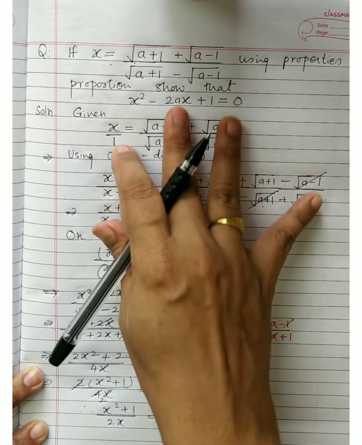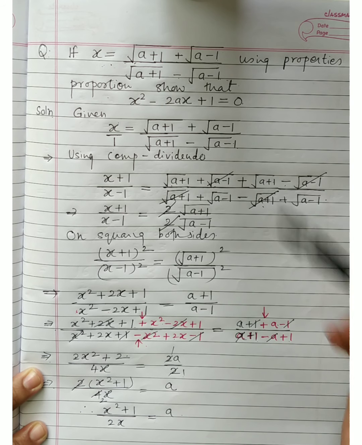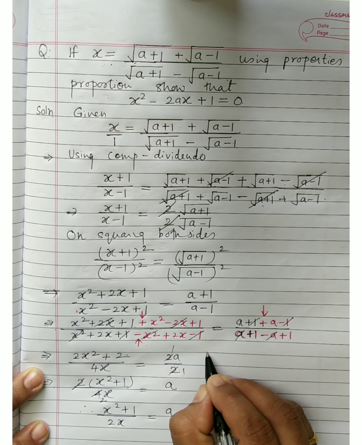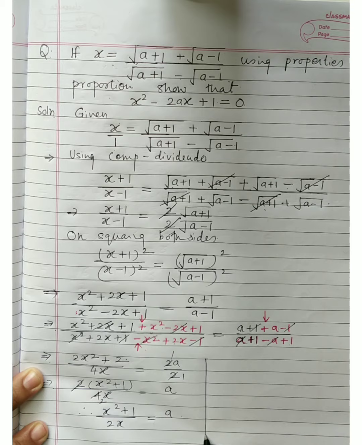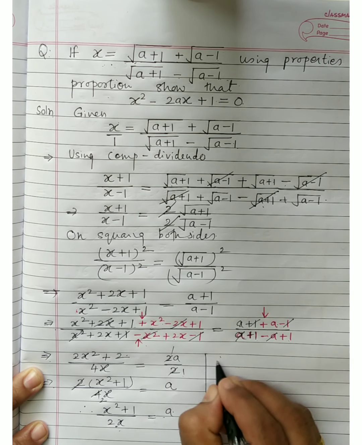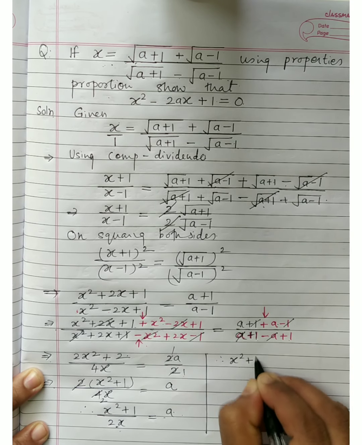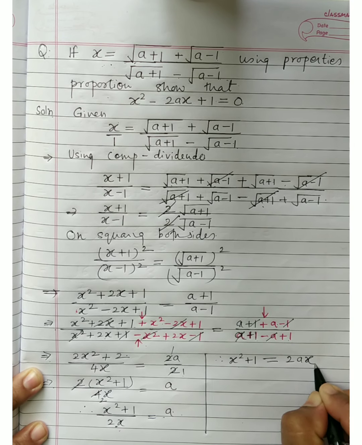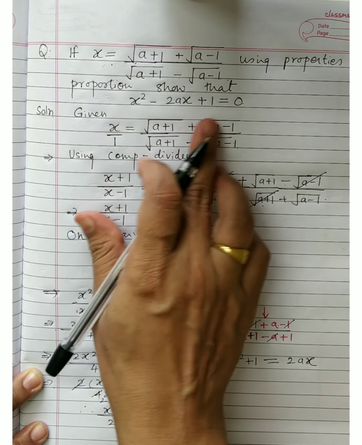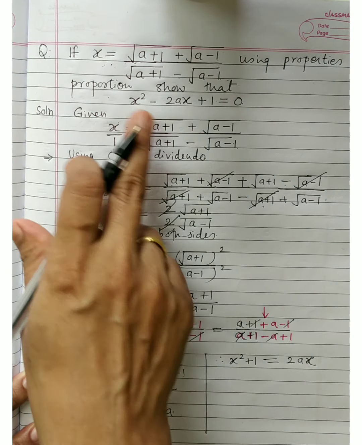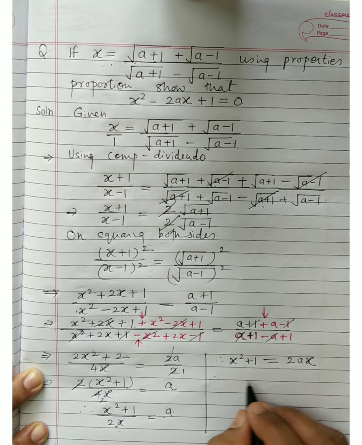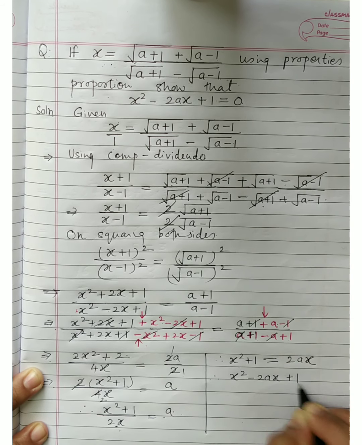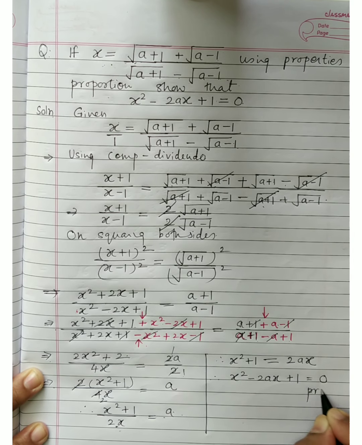And now all these things were getting simplified. Now go back, what do you have to prove? x² − 2ax + 1. So see how easily you get it. I shall do it here. Do the cross multiplication, that's what you can do here. So x² + 1 is equal to 2x into a. What will it be? 2ax. And keep in your mind what you have to prove. Shifting this 2ax to this side, immediately you get the expression to be shown. So what you get, x² − 2ax + 1 = 0, thus proved.